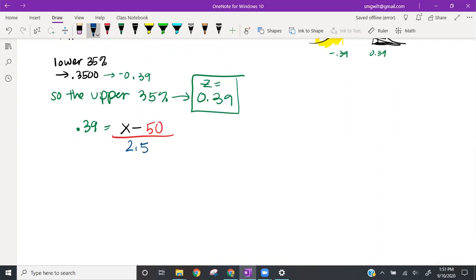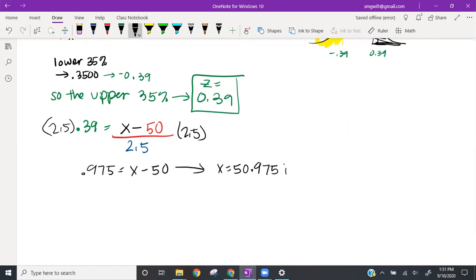So if I multiply both sides by 2.5, I get 0.975 is equal to x minus 50. So that means that x would be